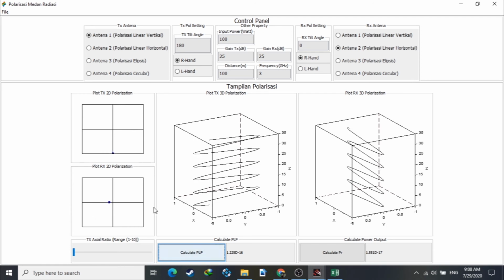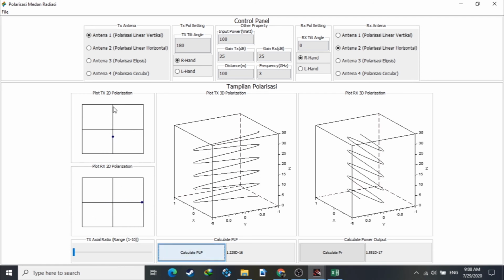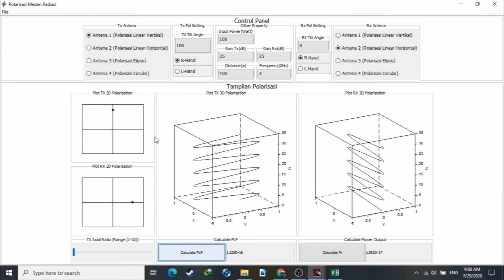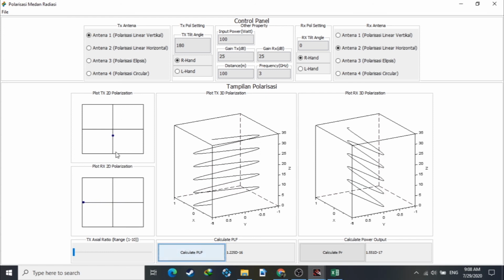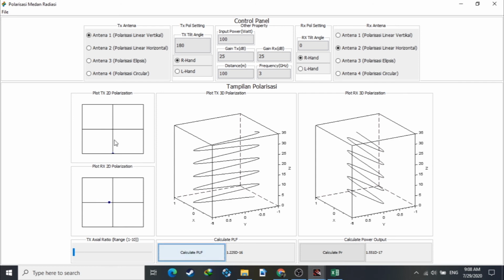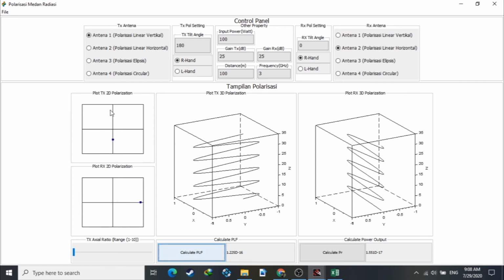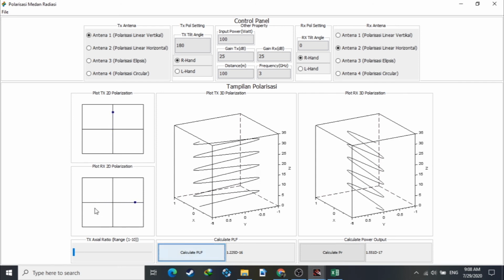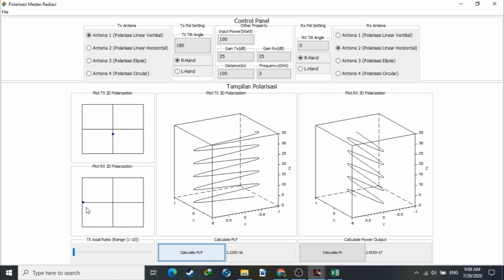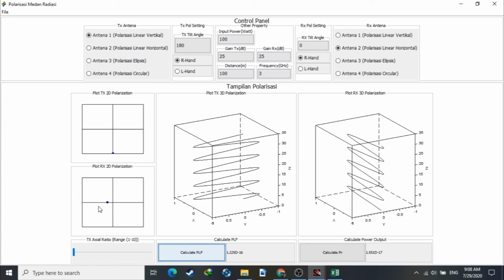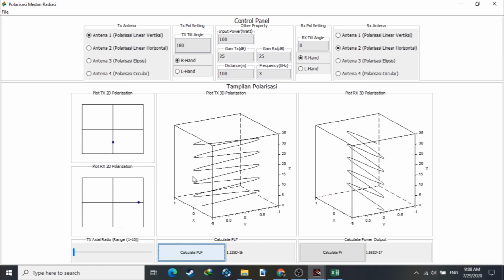As you can see here, it's going to remove the polarization because of this perpendicular movement. As you can see here, the TX moves in the vertical axis, while the RX moves in the horizontal axis. So we can conclude that